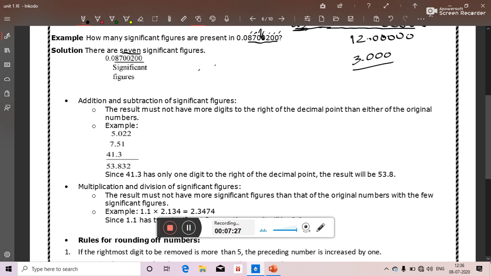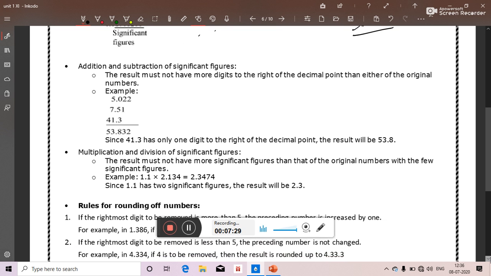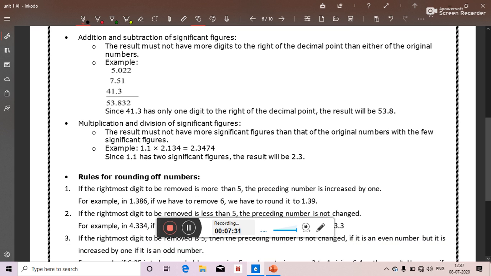Now let us see how to do addition and subtraction of significant figures. In addition and subtraction, the result must not have more digits to the right of the decimal point than either of the original numbers. For example, if you are having three numbers 5.022, 7.51 and 41.3, so when you do the sum of these three, then your answer will be